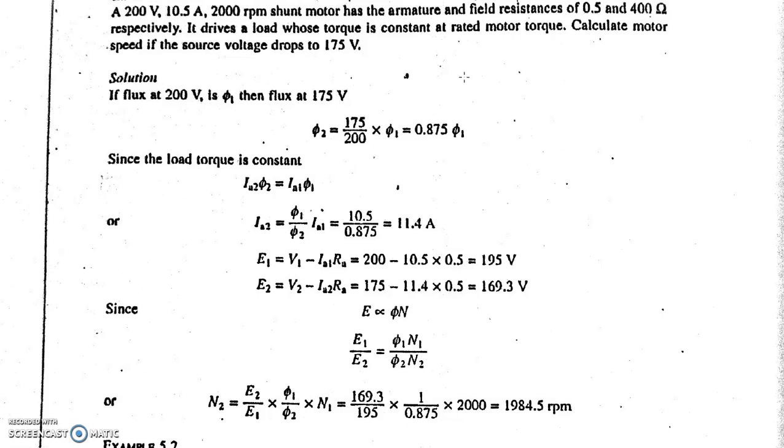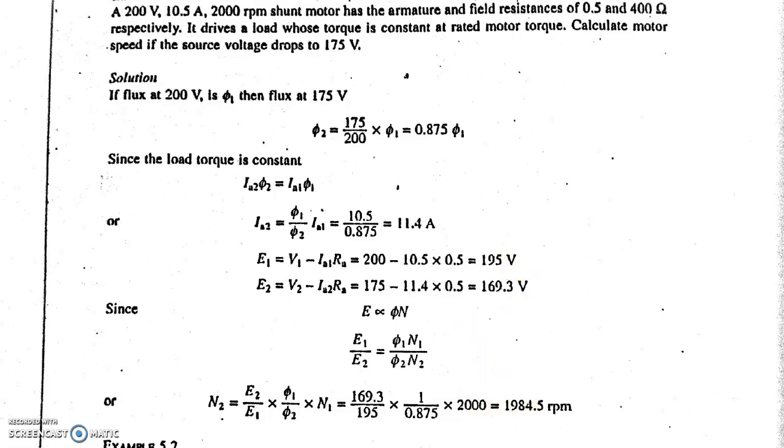As we have discussed in the class, whenever there is a numerical on a DC motor and we see the word shunt motor, it means this is a DC shunt motor. Then our first work is to make the diagram of the shunt motor, and then we have to recall all three basic equations of DC motor.